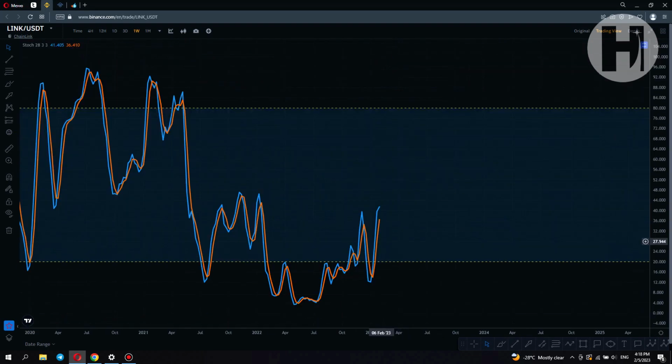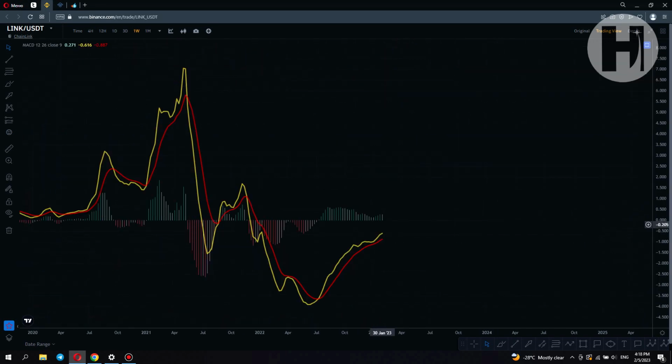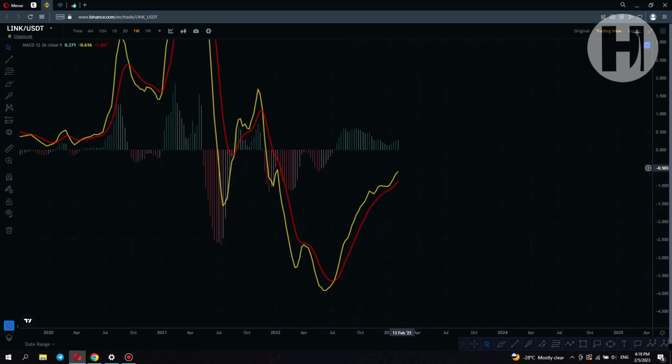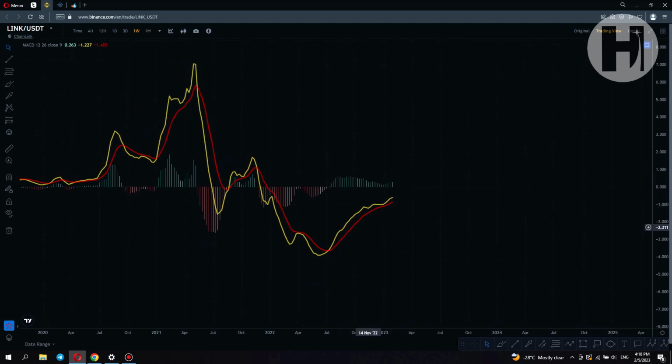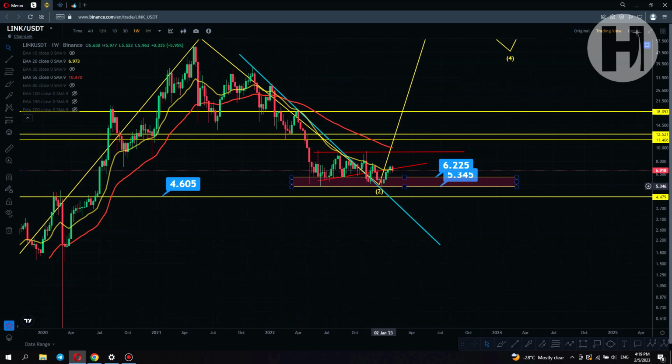For Chainlink, the stochastic started moving to the upside. That's bullish. The MACD currently had another EMA squeeze where the moving average bounced off the red signal line, and we're moving up above the histogram hopefully very soon. But based on the MACD, based on the stochastic, the RSI, we're looking healthy for continuation unless we see this low lost that we printed in June of 2022